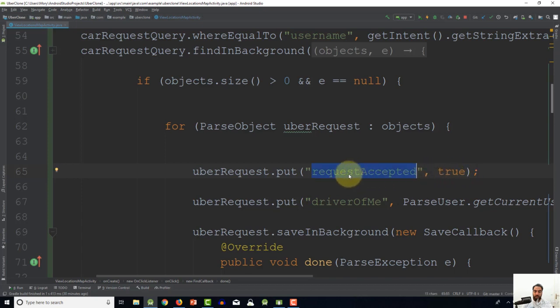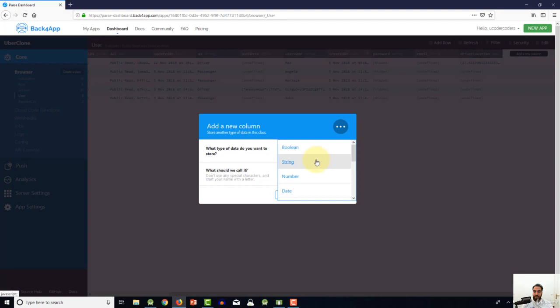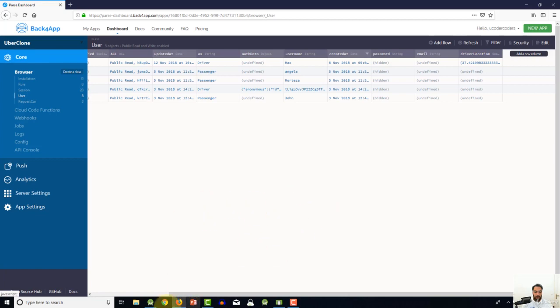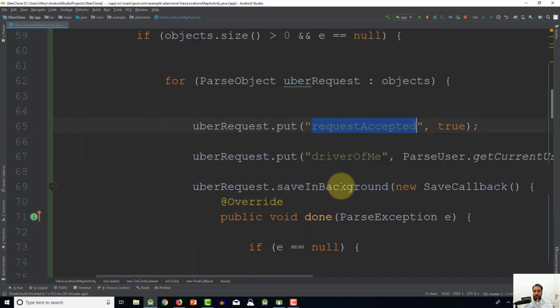So when we put this object in the server, its data type will be of type Boolean. And if you want to, you can also create a column here and you can see the data types. So for example, you can see the Boolean data type here. So let me click on cancel. Now that we put this new column here, it's going to go ahead and save it